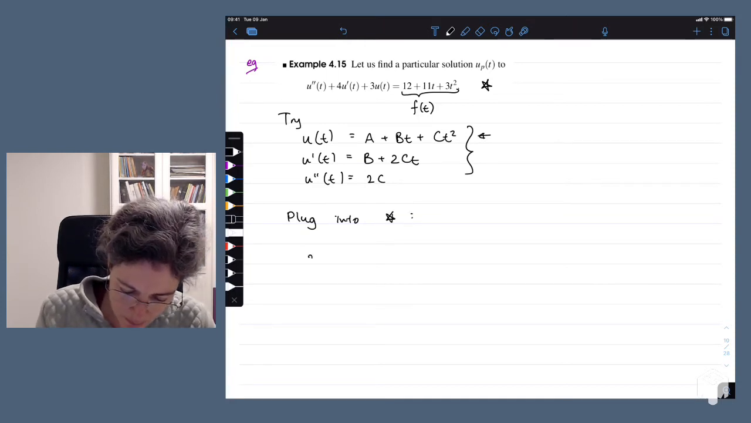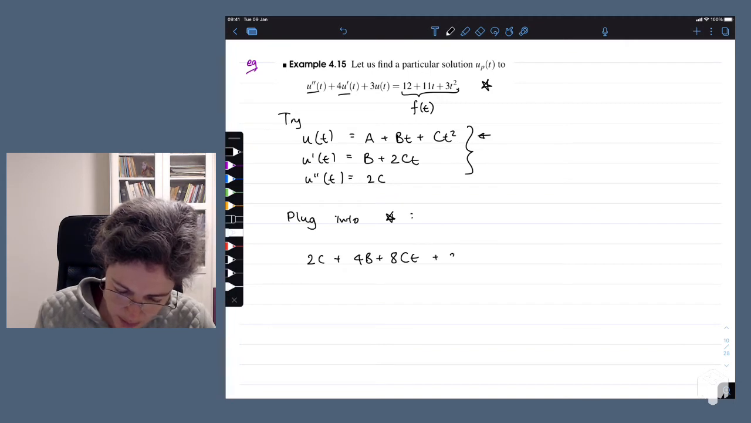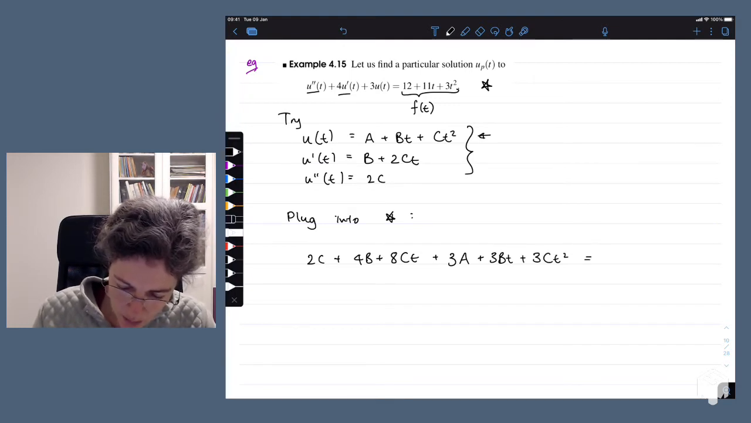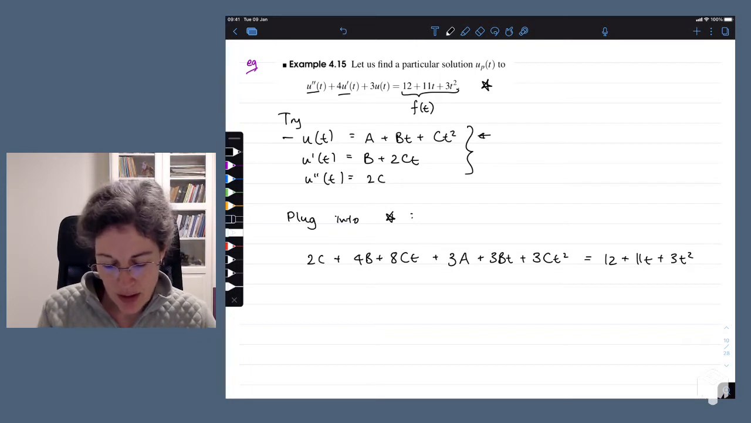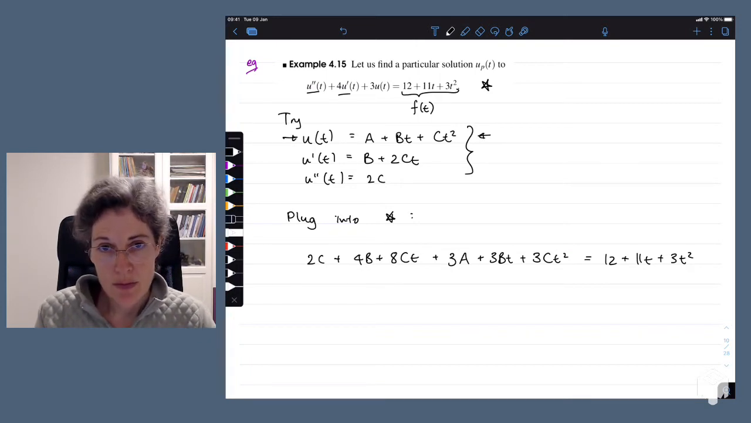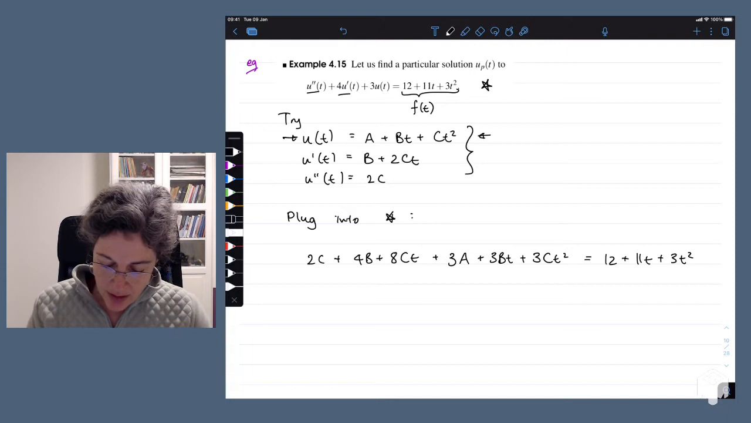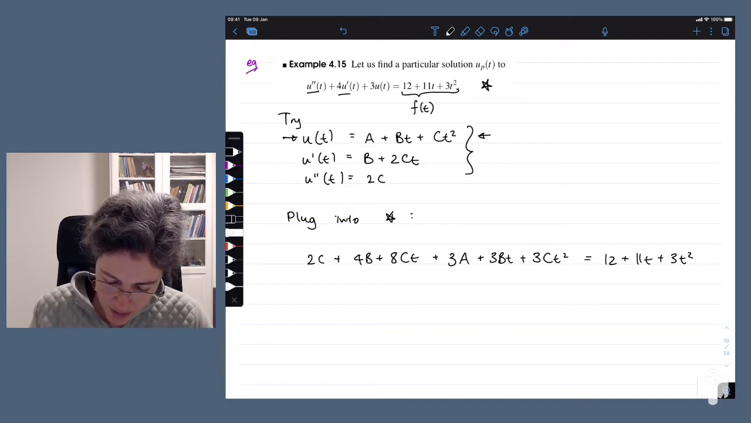So we need to have 2c plus 4b plus 8ct. So those are those two terms plus 3u, so that's plus 3a plus 3bt plus 3ct squared. And we need that all equal to 12 plus 11t plus 3t squared if this u of t is going to be a solution. So if we do a little bit of rearranging, we'll see that we've got some constant